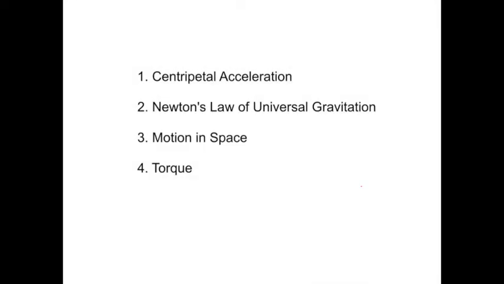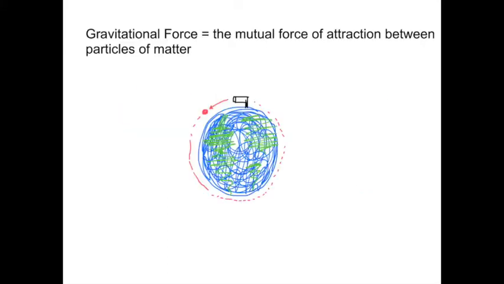So at this point in Chapter 7, we've gone over centripetal acceleration. Now we're moving on to look at Newton's law of universal gravitation. We define gravitational force as the mutual force of attraction between particles of matter. So we can sort of think of this in terms of centripetal force, which we learned about in the last